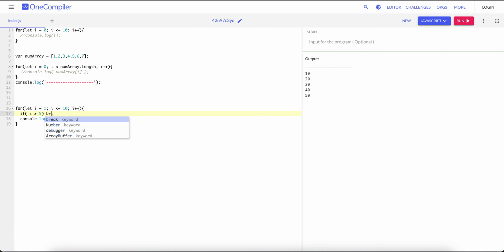And also there is one more keyword. So there could be more examples, but I think from a starting point of view, this logic can give you